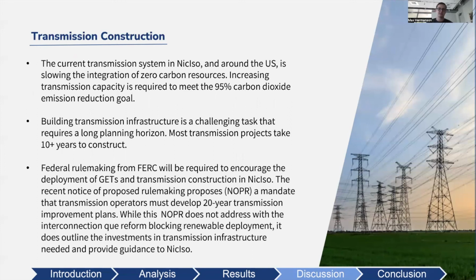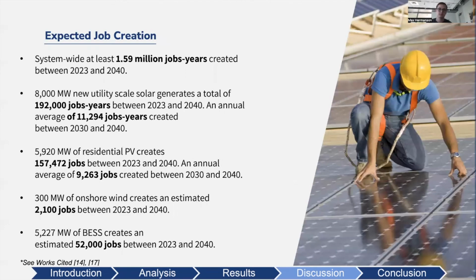In terms of transmission construction, FERC recently came out with a new rule that will help to encourage the deployment of grid enhancement technologies, which we are going to make use of, and to expand transmission capacity in our system, which will help with some of the disparities between each of the loads. For example, we can construct solar PV at bus 1, but not any of the other buses. So expanding our transmission capacity will help deal with some of those issues.